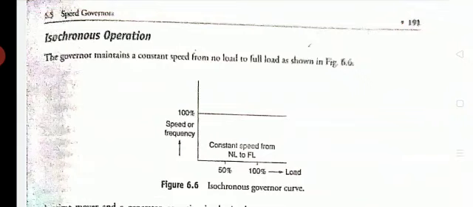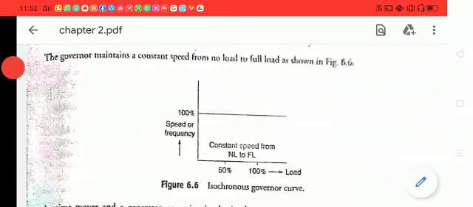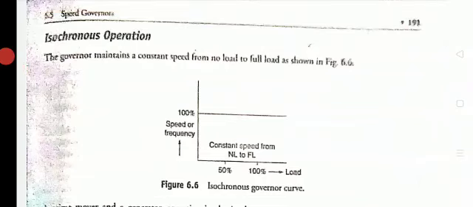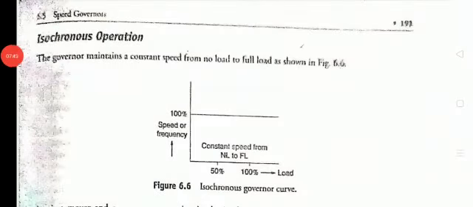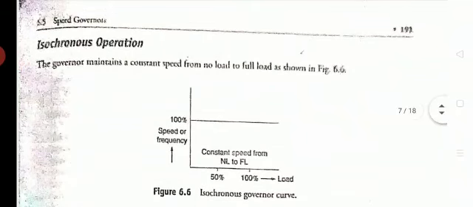Interconnected system means multiple generators will be working in parallel in order to supply the power. And we know the requirement for the parallel operation of generators, the condition for parallelism we already know. The voltage needs to be maintained constant, the phase sequence needs to be maintained constant, and the frequency of the generators needs to be maintained constant. If there is any variation in the frequency, that is going to affect the parallel operation of the generators.